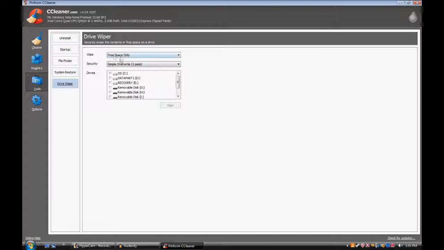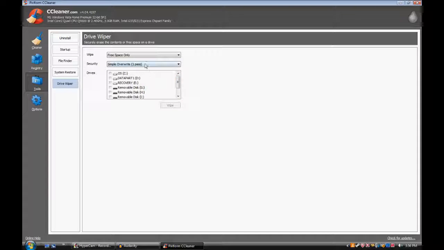And the last thing that's pretty much on here is Drive Wiper. So it'll securely erase the contents or free space on a drive. Now this is really for when your computer is screwed. You can either erase everything on your computer, which does come in handy, but not for when you're about to do something. That's just plain stupid. You can free space though. It will just go and kind of get rid of